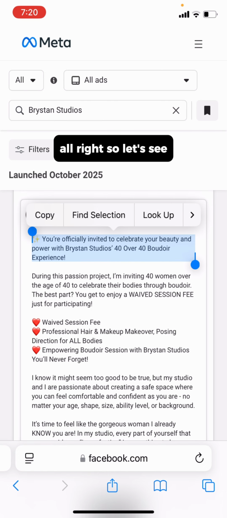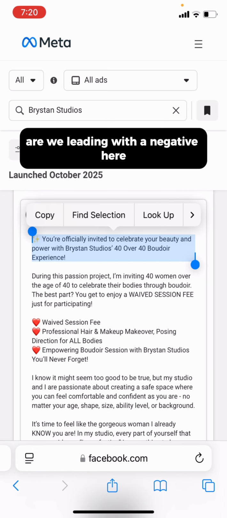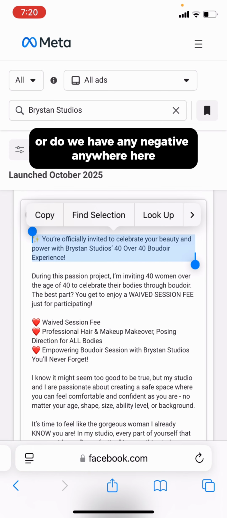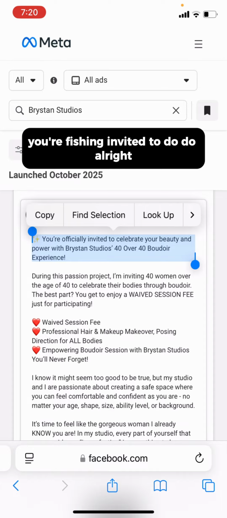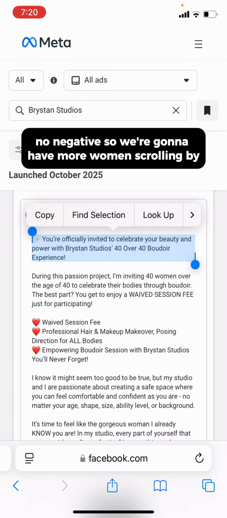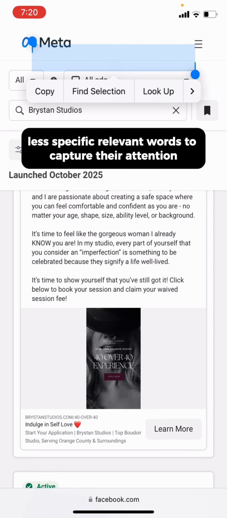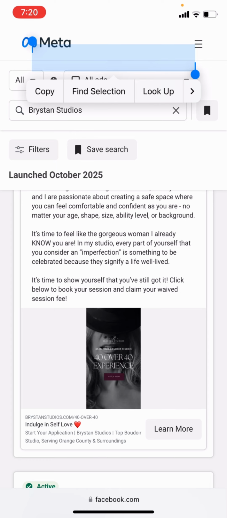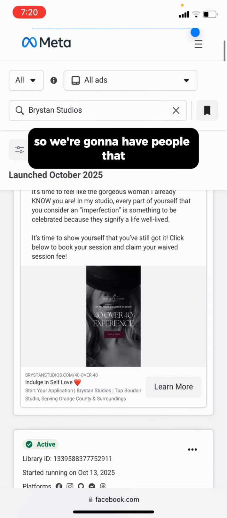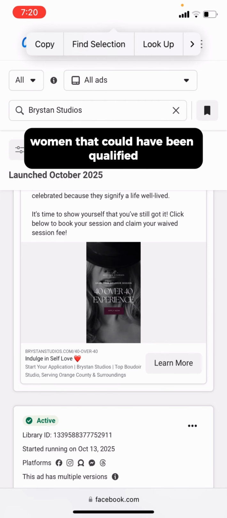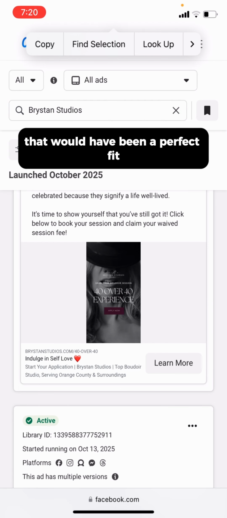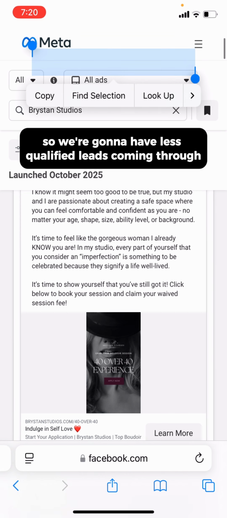All right. So let's see in the Seymour headline, are we leading with a negative here? Or do we have any negative anywhere here? You're fishing invited. All right, no negative. So we're gonna have more women scrolling by, less specific, relevant words to capture their attention. So we're gonna have women that could have been qualified, that would have been perfect fits scrolling on by. So we're gonna have less qualified leads coming through,